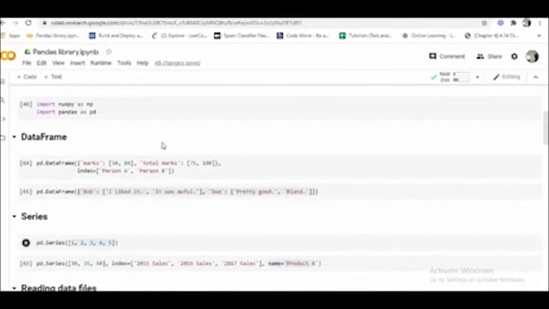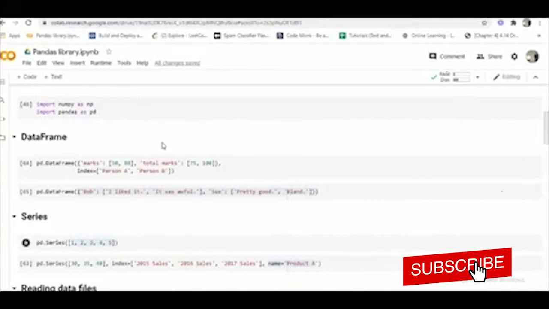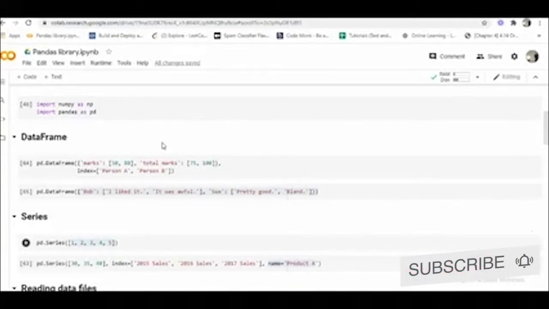It contains an array of individual entries, each of which has a certain value, and each entry corresponds to a row and a column. For example, consider the following simple data frame.